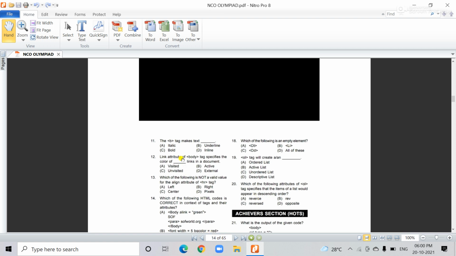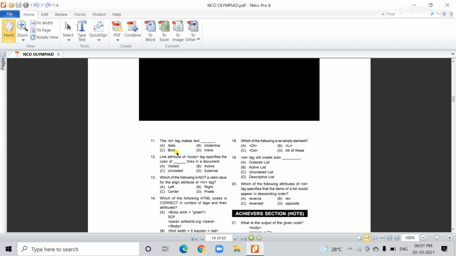Here the options are given. The B tag makes the text italic? No, the I tag is used for italic, and the U tag is used to underline, while the B tag is actually used for bold. So the correct answer is that the B tag is used to make any text bold.